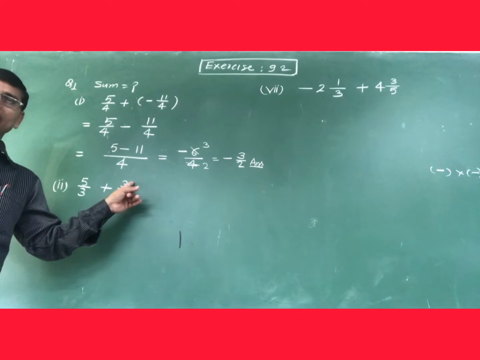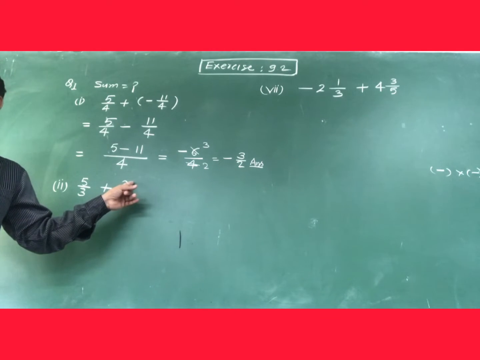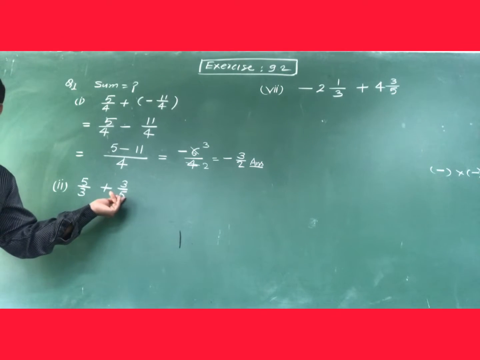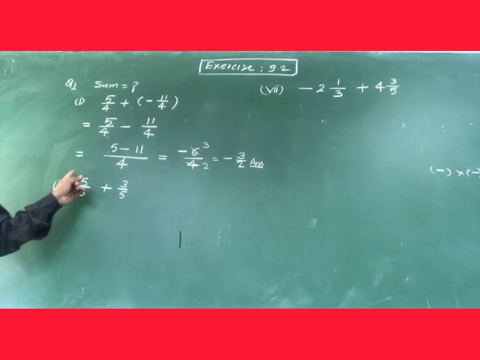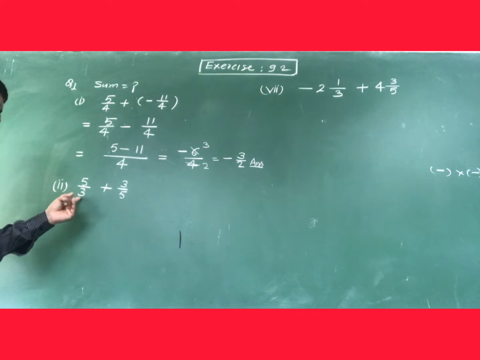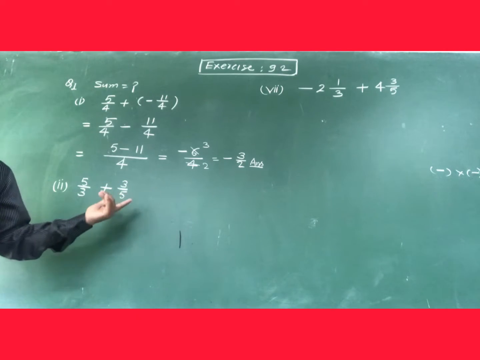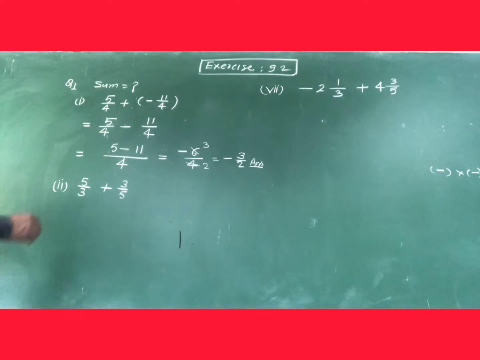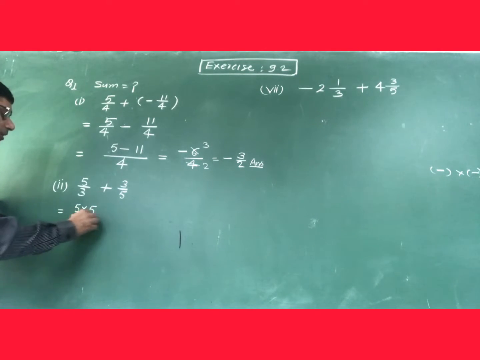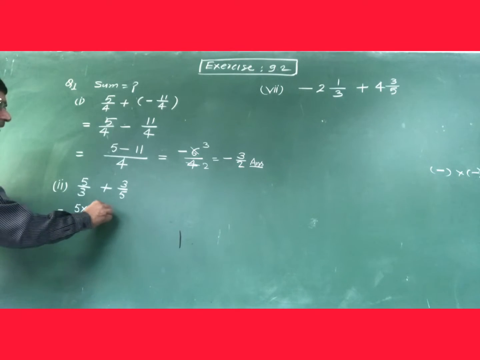There are two ways: either you take the LCM, or you multiply the denominator of the second fraction into the first fraction, and the first denominator into the second fraction, so the denominators become the same. What am I telling you? I am telling you, you can make the denominator same as 5 into what is the denominator? 5. So here you will multiply 5 in both numerator and denominator, and then put the plus sign.